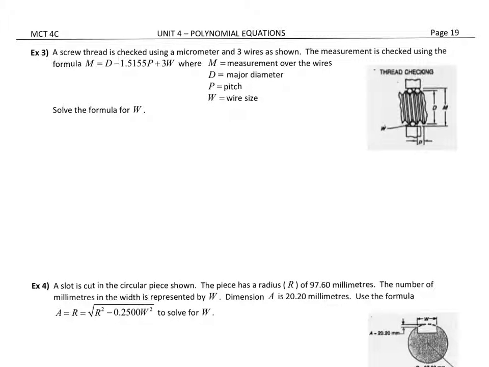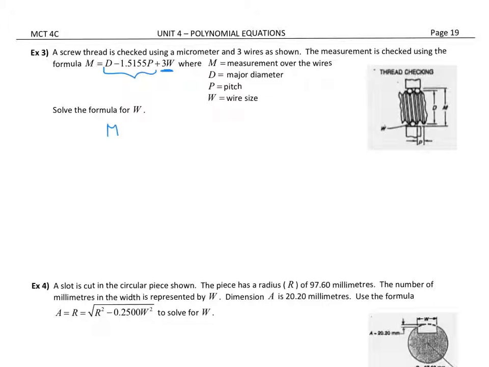For example 3, we're just solving this formula for W, so we want to get the W all by itself here. So the 3 is attached to it through multiplication, and these things are just being added and subtracted. So my first step would be to undo the things, the D and the minus